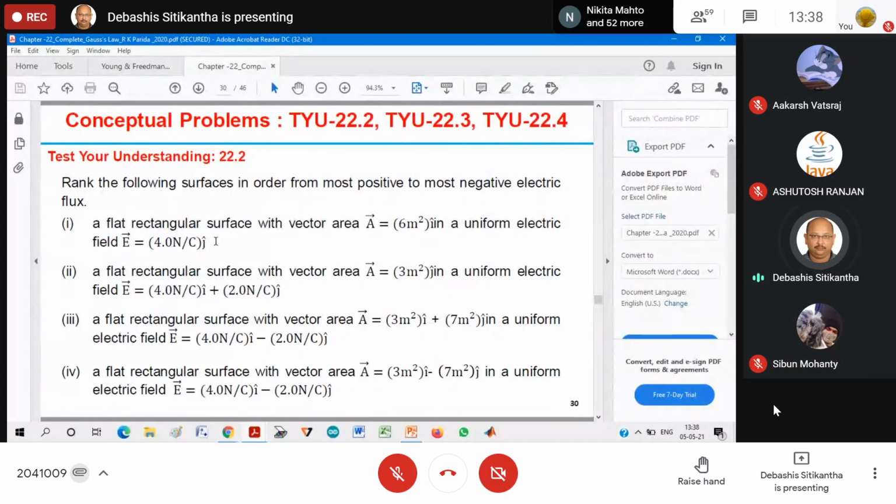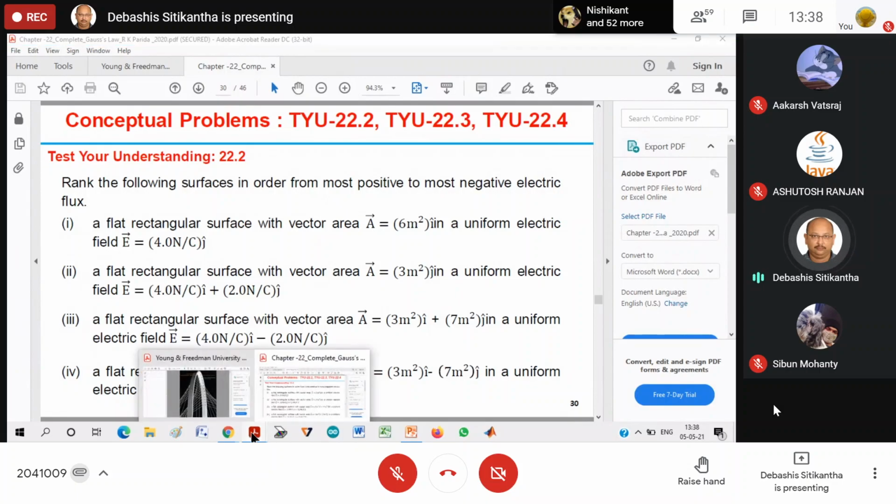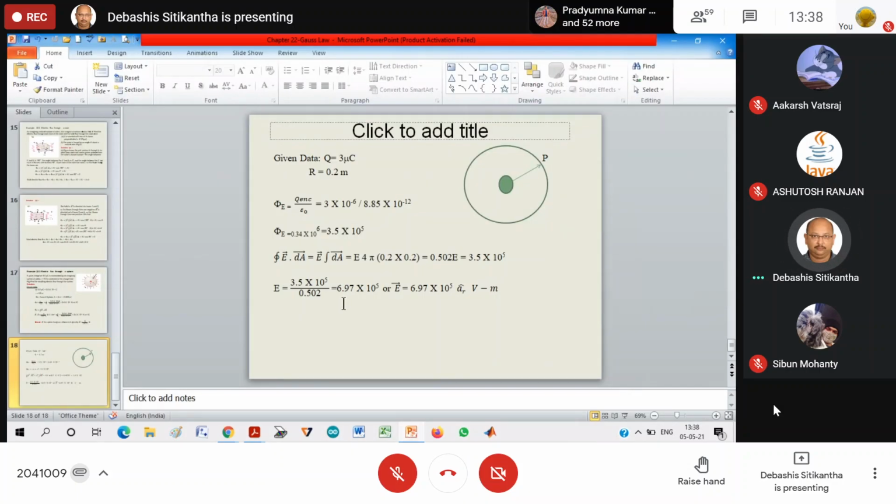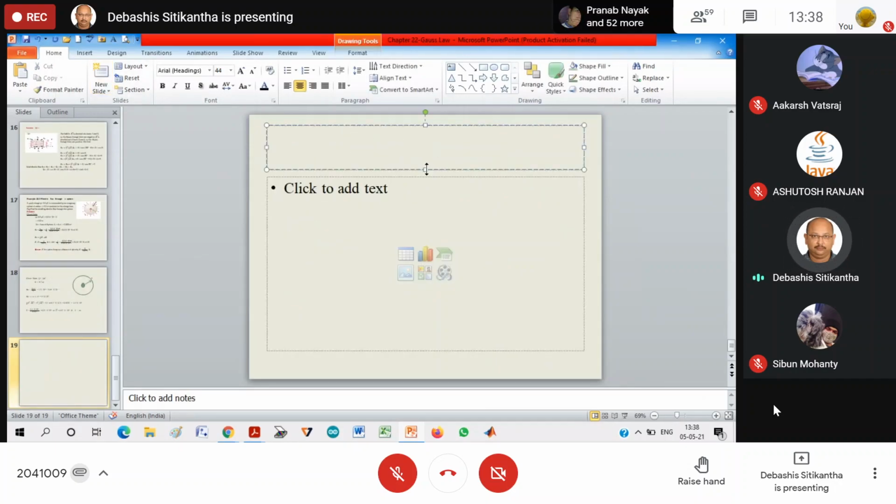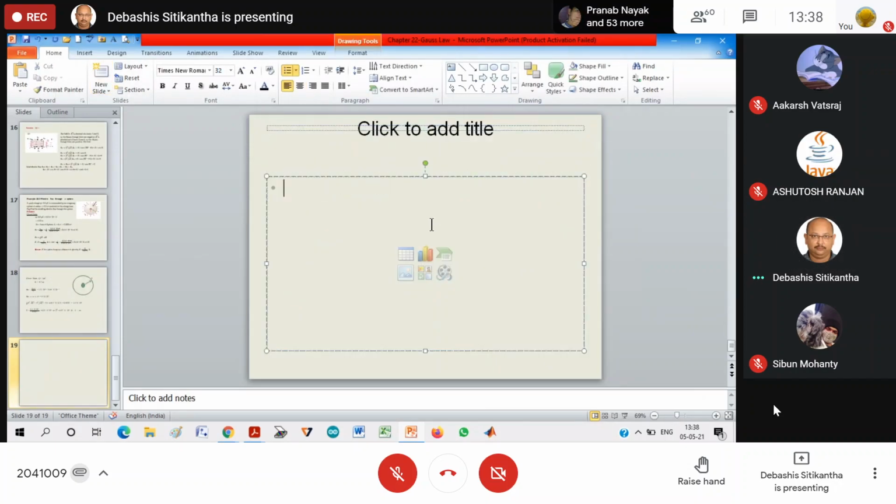Is there anyone who can't find the answer to be equal to 0? Please tell me, I will solve it. Okay, let me do it. There may be some students who may not be able to carry out the first bit, so let me answer it first. You people carry on.